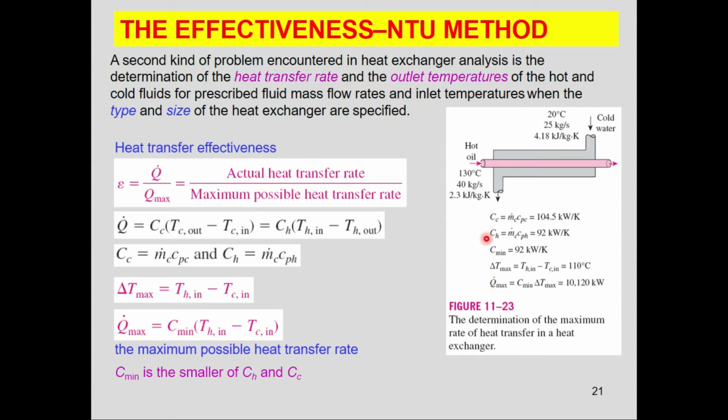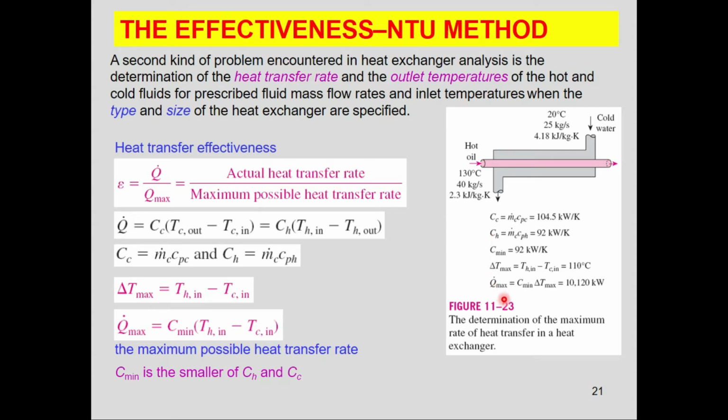As I said earlier, the fluid with the smaller heat capacity rate will experience the large temperature change, and it will first reach the maximum temperature change, at which point the heat transfer will stop or finish. So at this point you have to use this value, which is the value of C min,